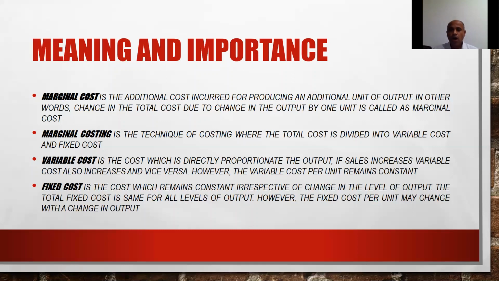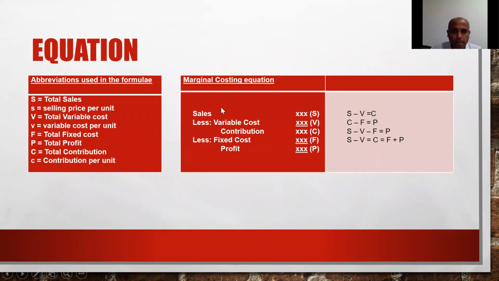Now, come to the profit statement. Sales minus total cost gives you profit. Agree with me? Total sales minus total cost gives you profit. Now, this total cost is again divided into two parts, variable cost and fixed cost. So, can I say this equation like this? My total sales, let's say it is capital S, less my variable cost first, and then I'm deducting fixed cost. You can very clearly see here, from sales I'm deducting two types of costs, one is variable cost and then fixed cost. So I get profit.